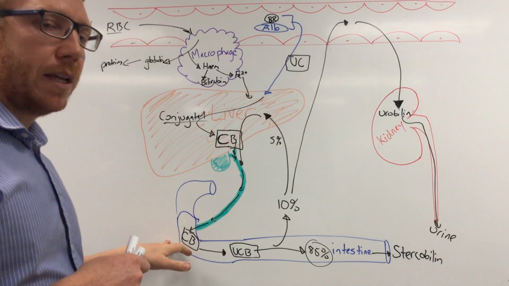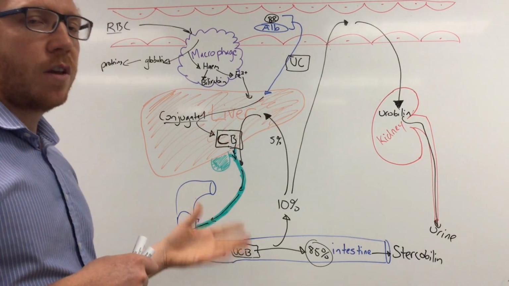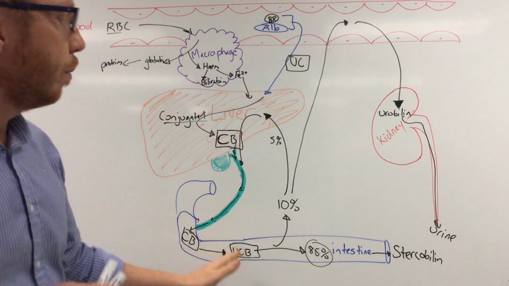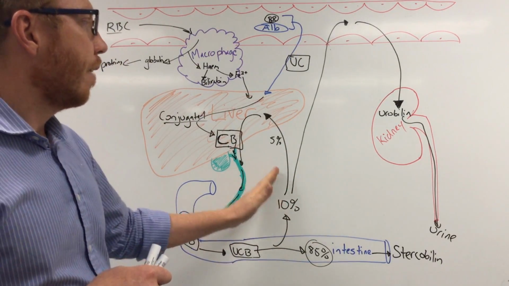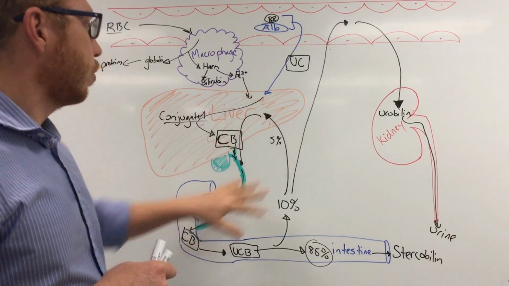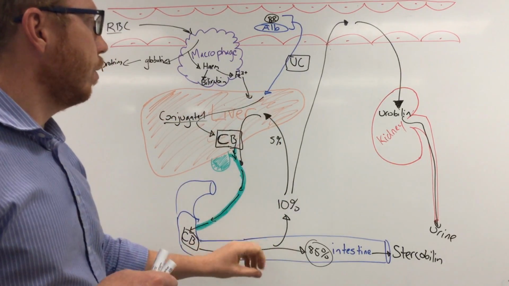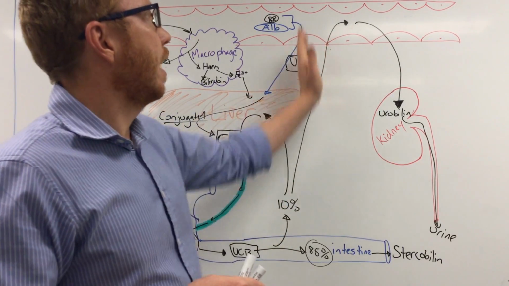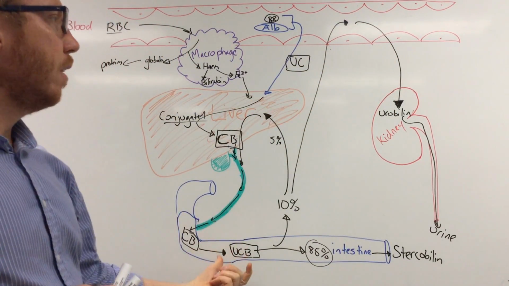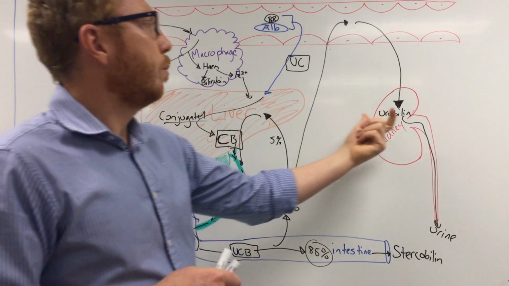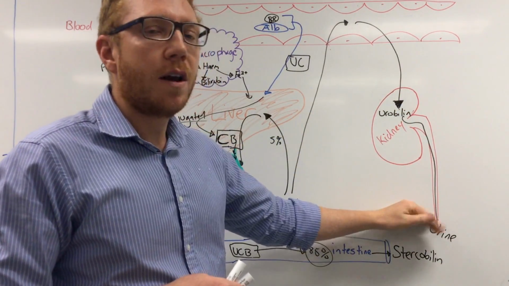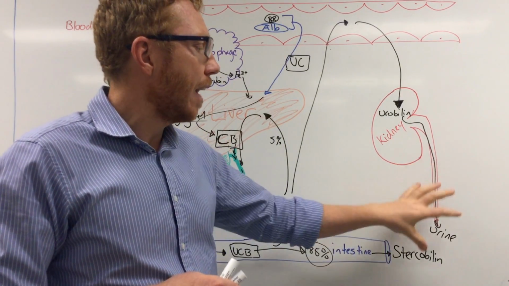Here, the conjugated bilirubin will be oxidized and further modified by the bacteria. Now 10 to 15% of that will be absorbed back into the blood. Now 5%, or about half of that amount, will get further looped around in the liver, and that will be cycled, whereas the other 5% will be taken to the blood, where it will be taken to the kidney. And remember, the urobilinogen will just be made into urobilin. And that urobilin will then be excreted as urine,